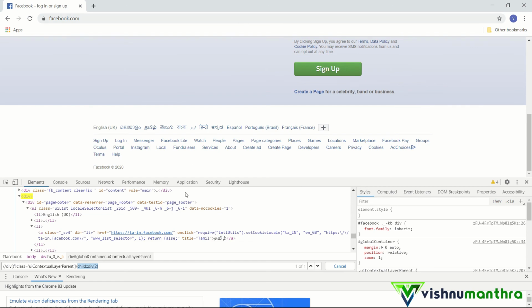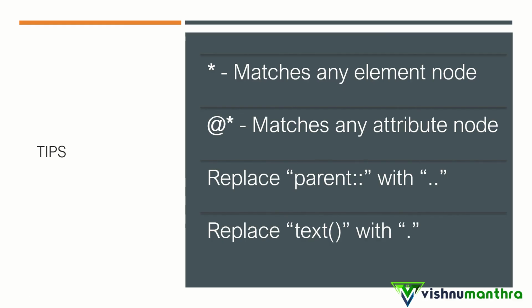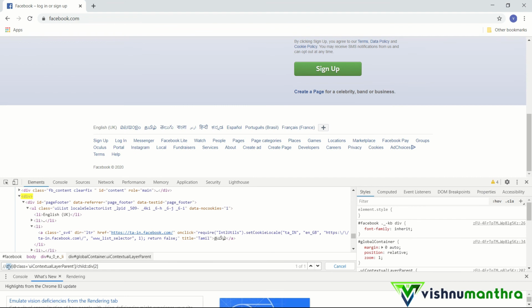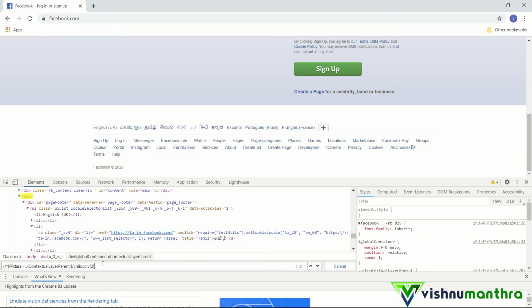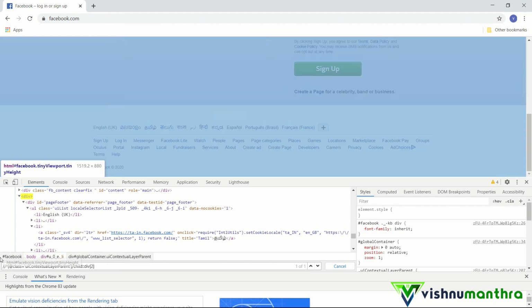Okay, now I would like to give you some tips that I would like to give you while using XPath. First thing is, instead of using any tag name, you can also give star. So everywhere you use input, div and all those things, instead of that, you can use star. Star means it will go to all the tags. So again, we are not giving a proper reference, it will go to every tag and search for the element. So if I give star instead of div in the browser, then also it will identify without any problem.